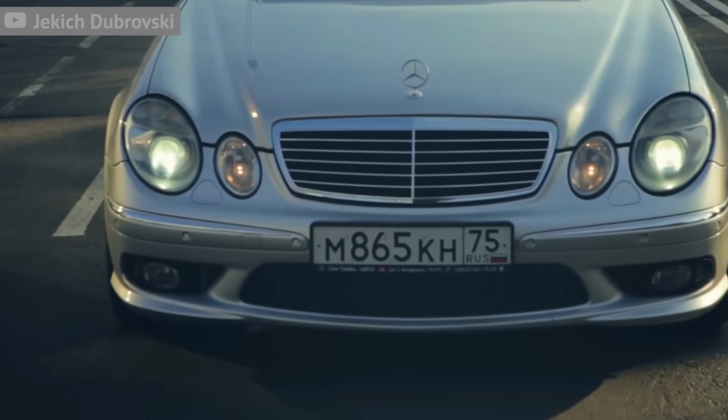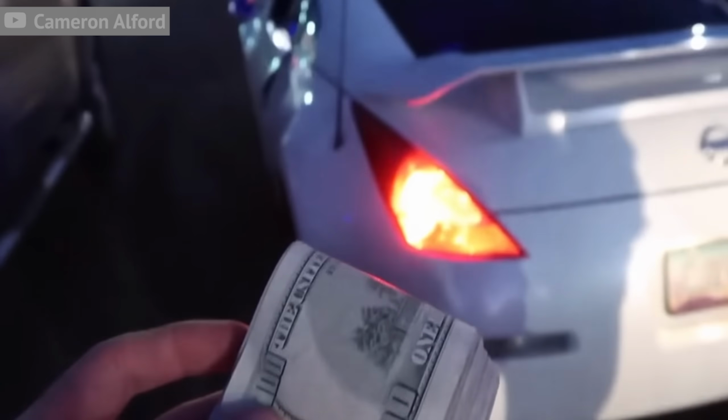Hey, you know what makes you look more confident? A nice car. And you know what makes you look more popular? A nice car. And you know what tells the world that I've made it? A nice car. Now, lucky for you, you don't have to be bringing in the Benjamins to afford all these